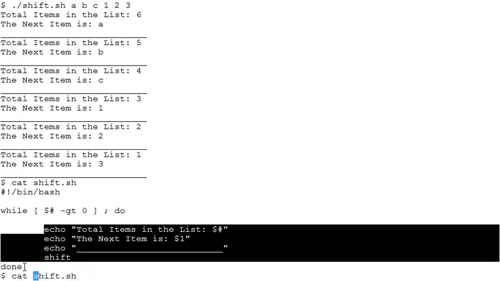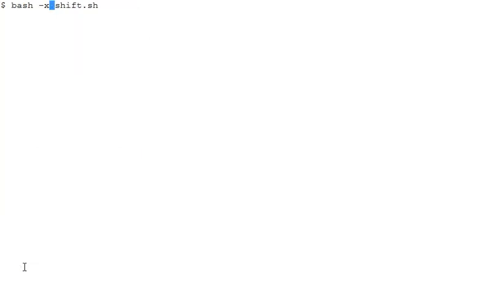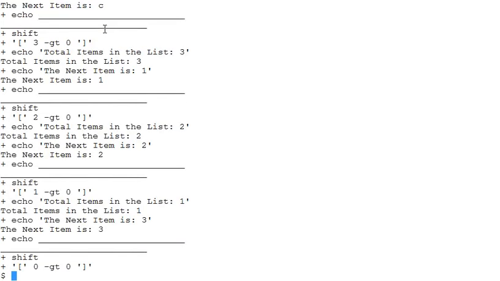Let's run this in the debug mode this time. You see 0 greater than 0, which is false, and so our script exits. Now let's give it a few values.